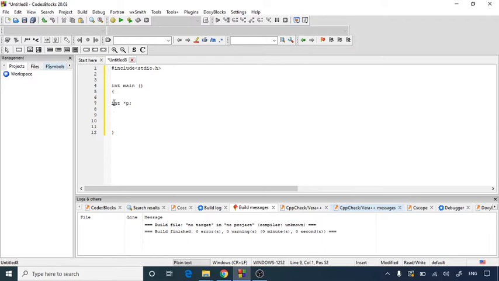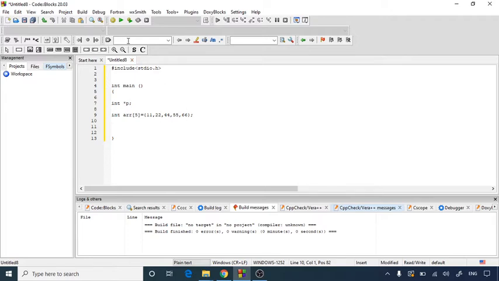Now we'll declare our array. So int arr, and we would like to declare an array of 5 elements, and inside that I'm going to put the values 11, 22, 44, 55 and 66. So these are my array elements. I have declared an integer array arr of size 5 and I have initialized the array elements.